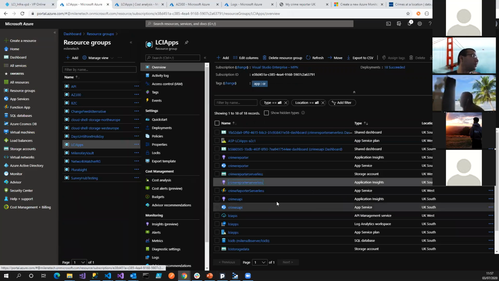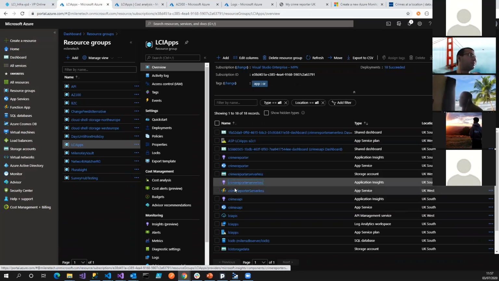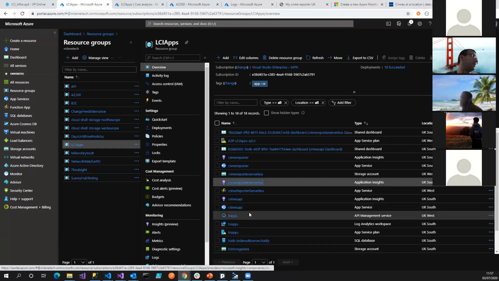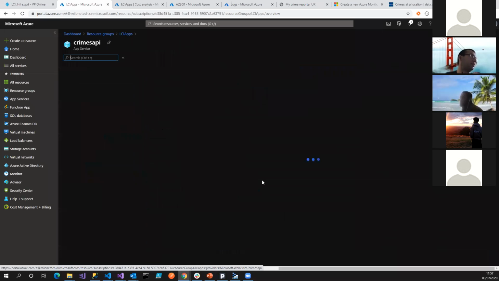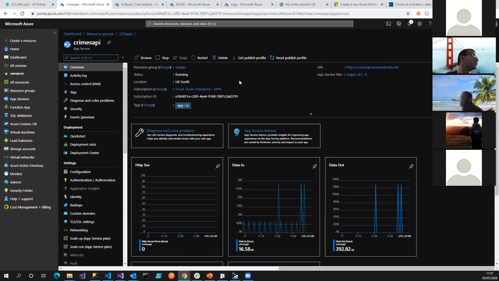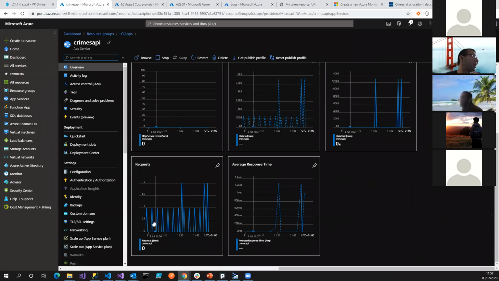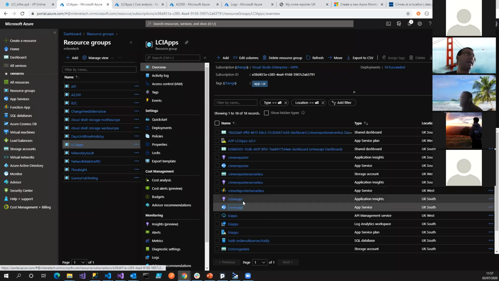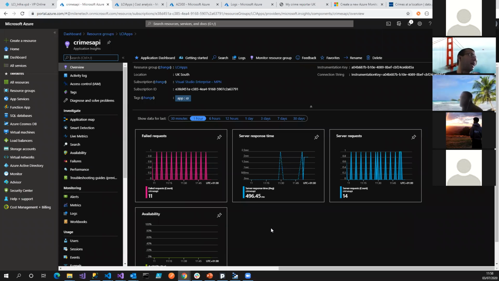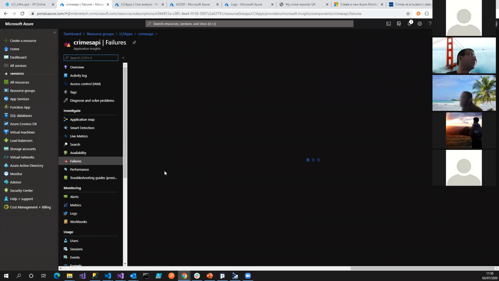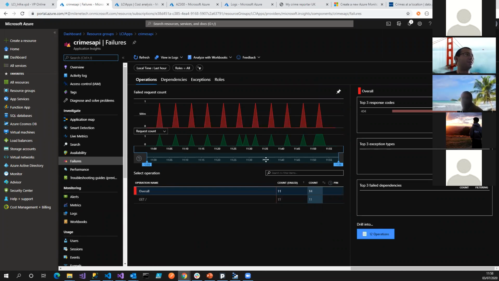Another interesting one, let's have a look at the Crimes API. That's one of the web apps. What I can see is constant requests in here, which seems a bit odd, at regular intervals. Because I have Application Insights for that, let's have a look at what's happening. And then this comes in. The first time I saw this I thought, what's wrong? What's pinging my app? Then I realized